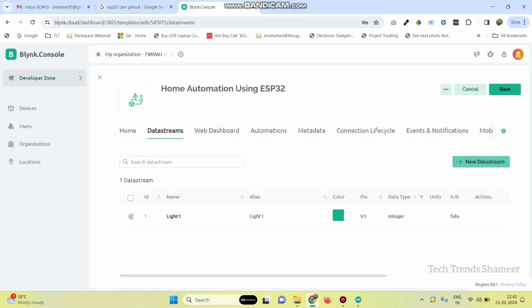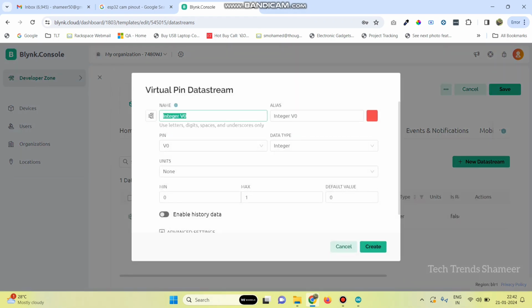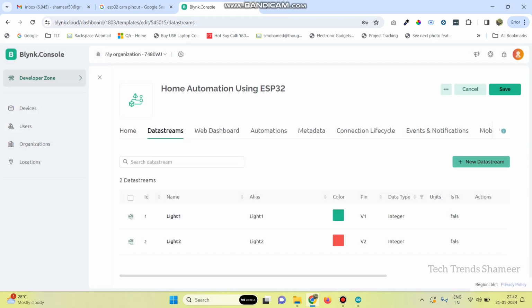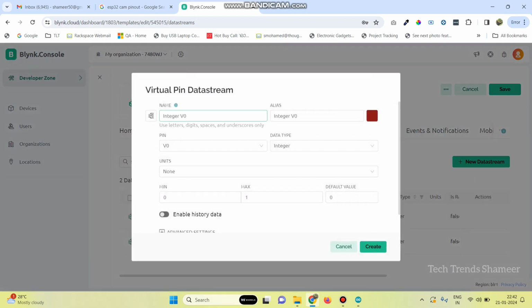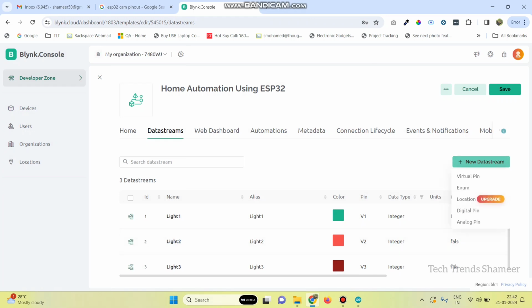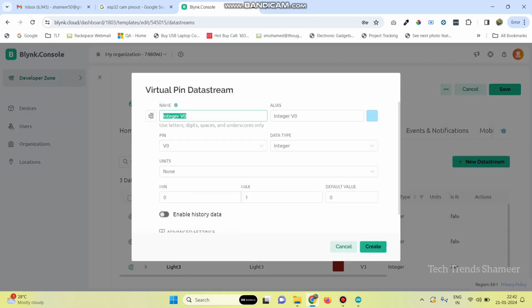And now create the second one. Here also you need to select virtual pin and the pin name is light 2 and the pin number is V2. Again click create. Now create the third one. Here the name is light 3 and the pin number is V3 and click on the create button. And now the final one. Here the name is light 4 and the pin number is V4